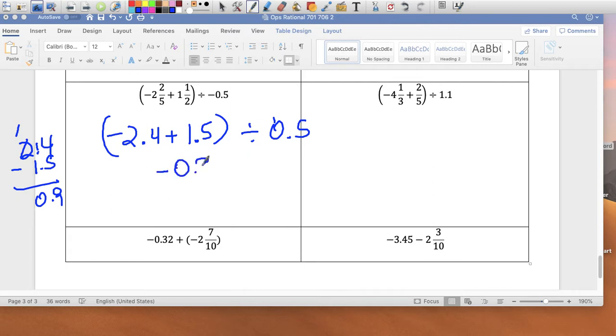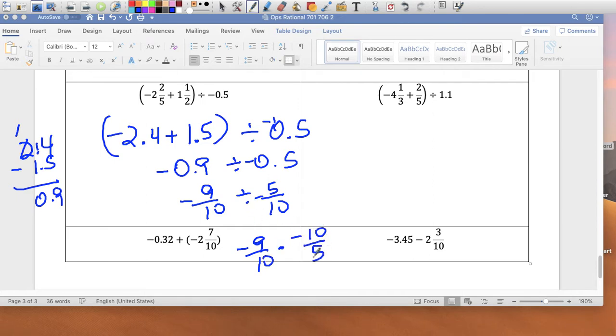I'm going to get 0.9 negative divided by 0.5 negative. So 0.9 is 9 over 10, right? Negative. Divide by 0.5, which is 5 over 10. Negative. Keep. Change it to division multiplication, and then negative 10 over 5. Negative times a negative is a positive. 10 divided by 10 is 1. 10 divided by 10 is 1. So on top I have 9 times 1, which is 9, and at the bottom 1 times 5, which is 5. Final